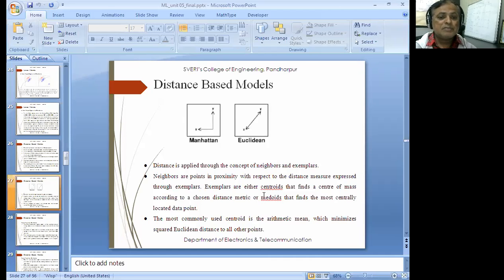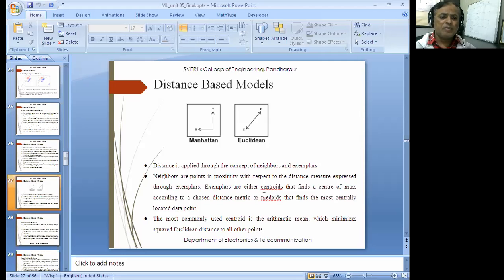So अभी जब neighbors आ जाते हैं तो नेबर्स जब हम निकालते हैं तो वो नेबर्स कैसे निकालते हैं? विद रिस्पेक्ट टू द डिस्टेंस दैट मेजर्स थ्रू द एग्जाम्पलर्स. फिर आप बोलोगे एग्जाम्पलर्स क्या है? तो दो किस्म के एग्जाम्पलर्स होते हैं, एक तो सेंट्रॉइड वाले होते हैं और एक मेडॉइड्स वाले होते हैं. सो आप दोनों में से कोई तो भी एक तरीके को जा सकते हैं. तो सेंट्रॉइड क्या करता है?